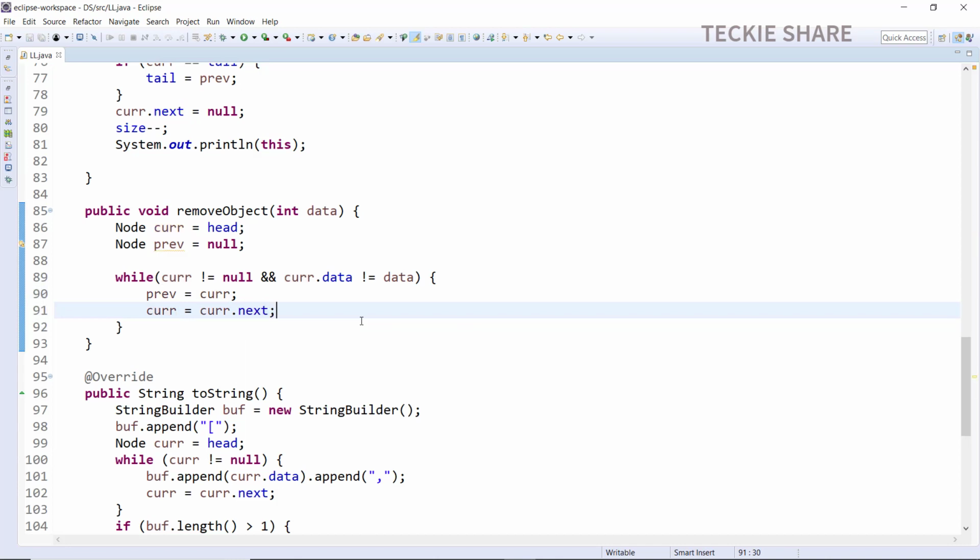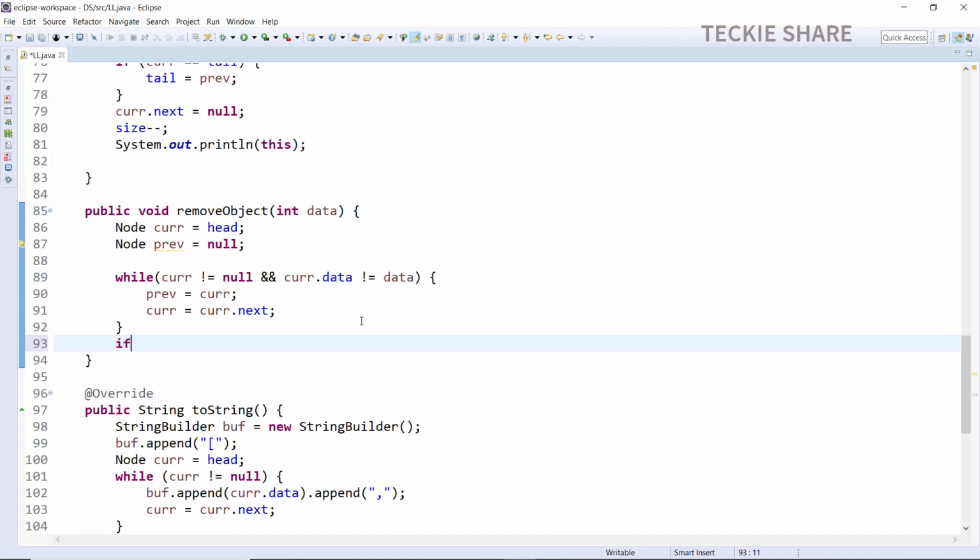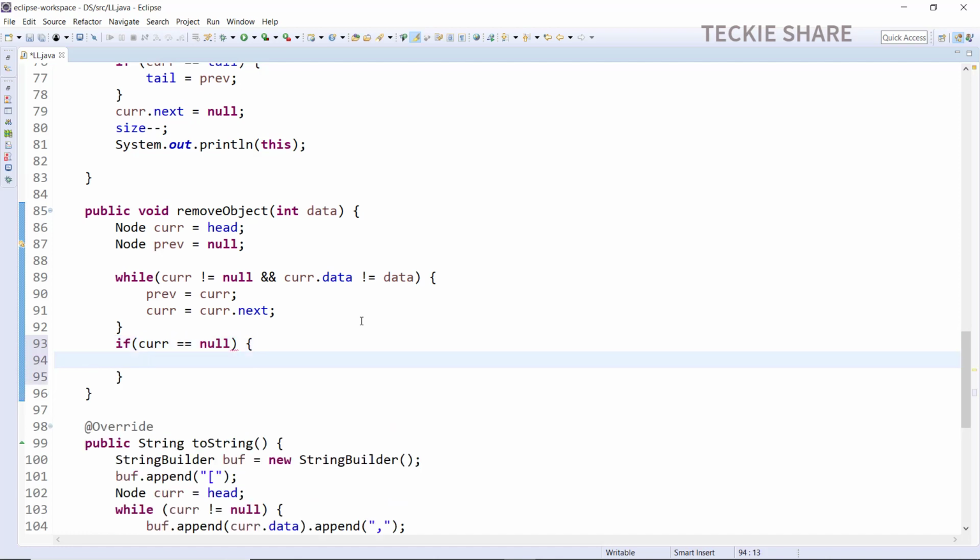That's it. So once you iterate the list, suppose the target data is not found in your list. What will happen in that case? The current element is equal to null. So if it is so, you just inform the user the target data is not found in the list. I am going to inform the user by using a sysout statement here. Inside the sysout I am just passing the message, target data is not found. Afterwards I don't want to execute further, so I am just using one return statement for breaking the operation.